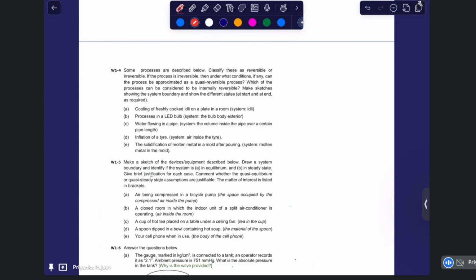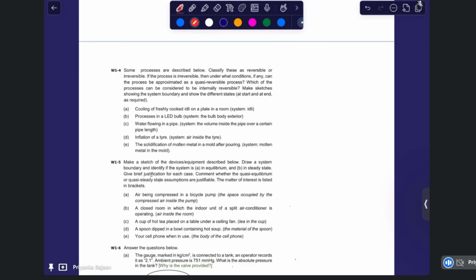It is irreversible. It can be quasi-reversible if the rate of cooling is very low, which is always the case. So even though most real life scenarios are irreversible, for the sake of our analysis we can approximate most of the problems as quasi-reversible. Okay,